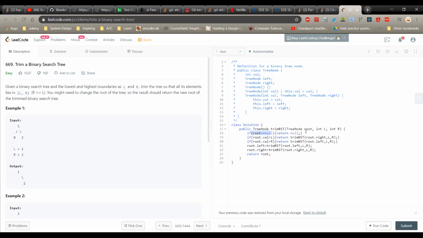Yeah, that makes sense. I think the code is right. And one more point from my side, someone was saying L and R values are the same. So these L and R values are from the trees itself, and in BST there are no duplicates. So that cannot be the same.